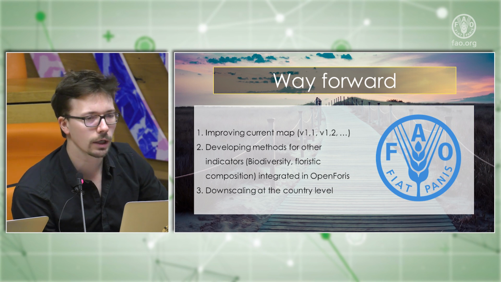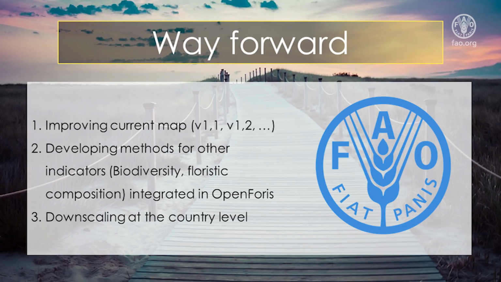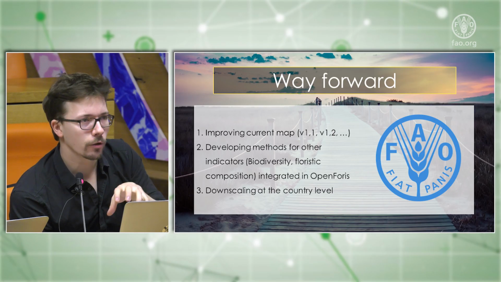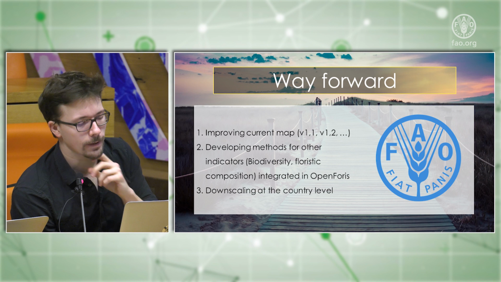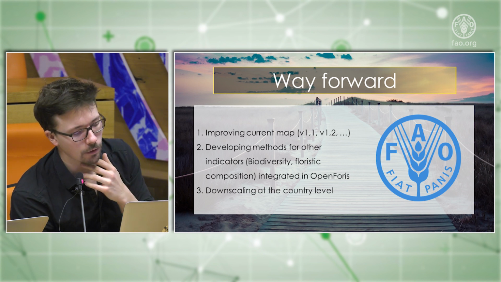So for example, clearly, people implementing our map on the ground want to have access to information about what forest composition they should aim for. So the idea here will be to continue to work with Yoshihiko and Khalil and Julian to propose a methodology that could be implemented by the country and customized by the countries, and maybe to try to implement it within open forests.